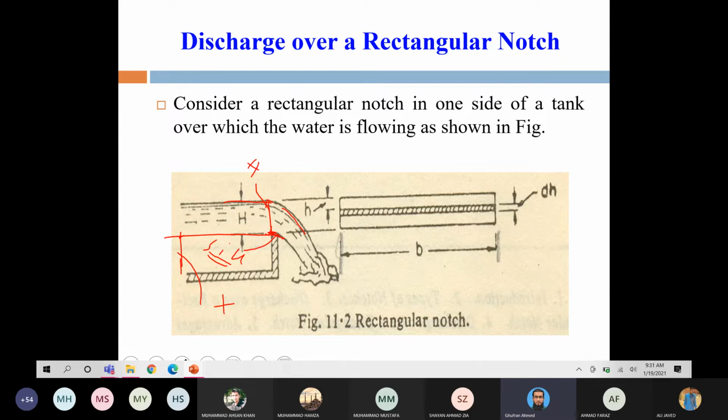अब ये इसका क्रॉस सेक्शन है, अगर मैं इसको फ्रंट से देखूं, this is the cross section, तो ये ऐसे नजर आएगी, पानी इधर है तो ये H है। ठीक हो गया जी? और ये इसकी विड्थ है नॉच की, B। मैंने क्या किया, इधर मैंने एक स्ट्रिप कंसिडर की, because I am deriving a formula। इधर मैंने एक स्ट्रिप कंसिडर की जो इस डायरेक्शन में है। ठीक हो गया जी? वो ये स्ट्रिप है।